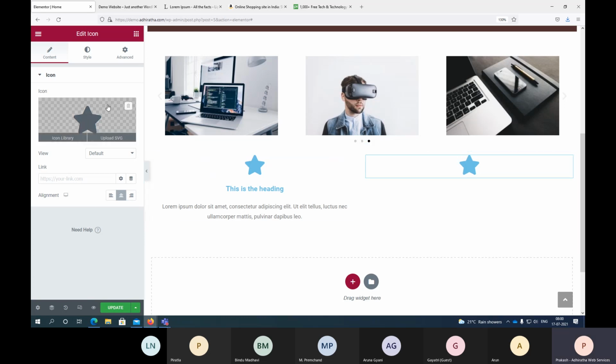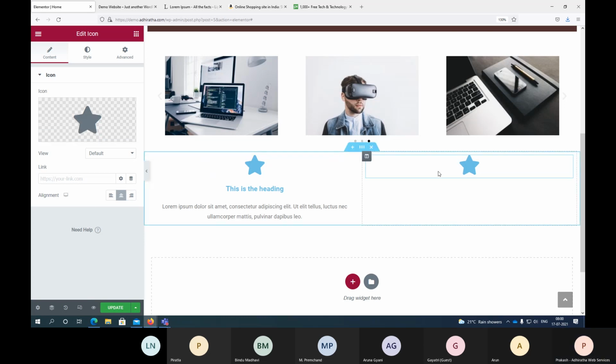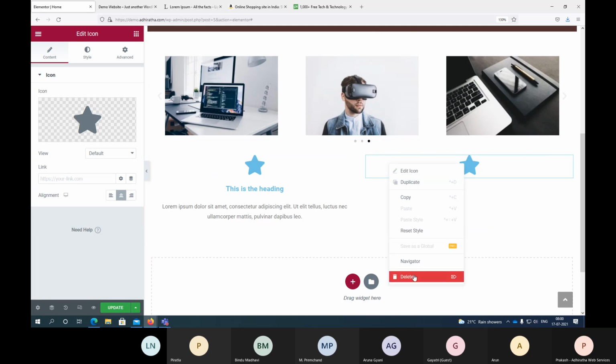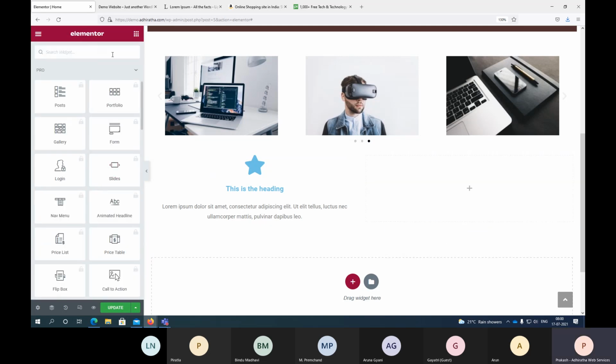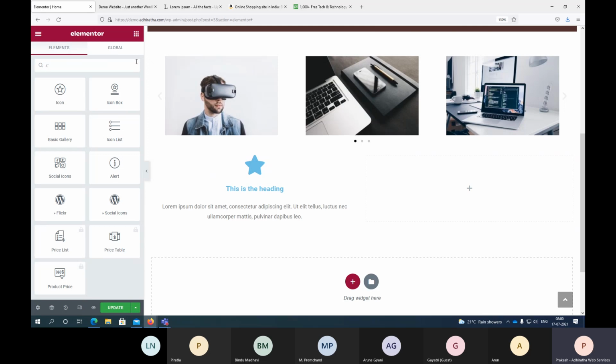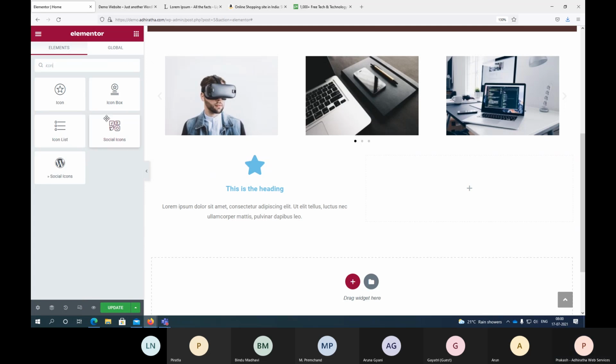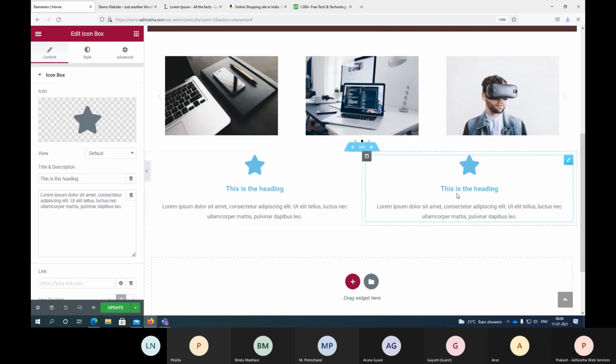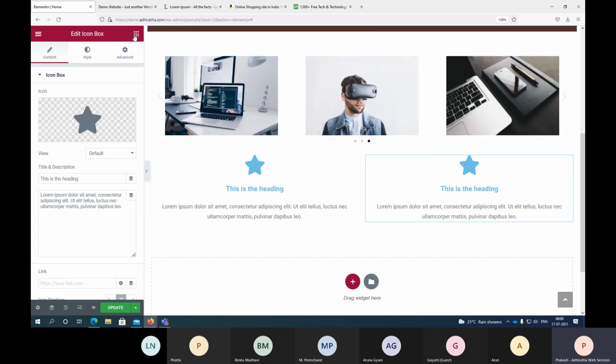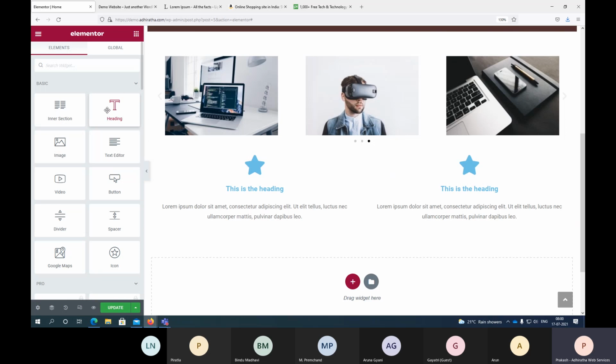Sorry, this is a simple icon. I don't want this. I want icon box. So search for the icon box. Right. So what is this? Maybe your services. So you want to title it, right? So again, go back here and try to add a heading, the same thing.